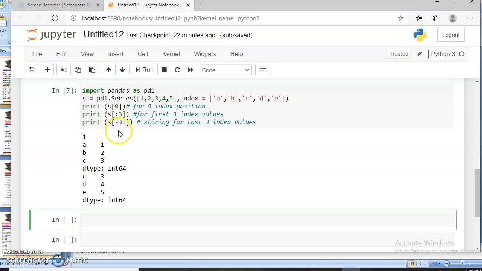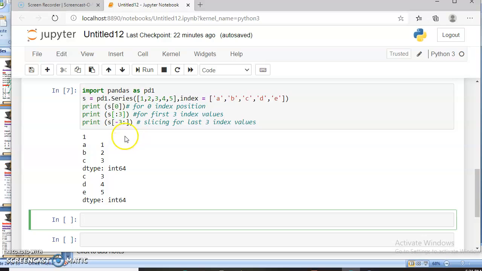Okay, now the third one is S of minus 3. Minus 3 means it starts from the end of the array. The third position from the end gives C, D, E. So C, D, E contains 3 4 5 in it.